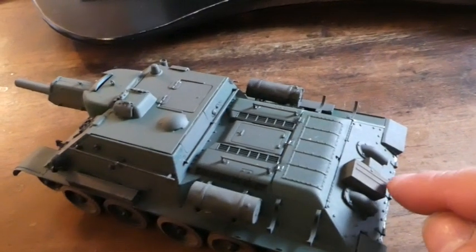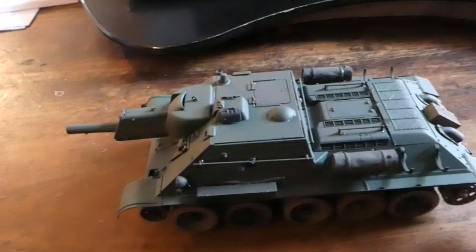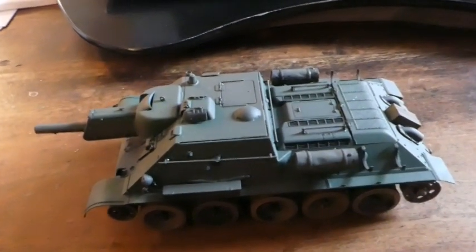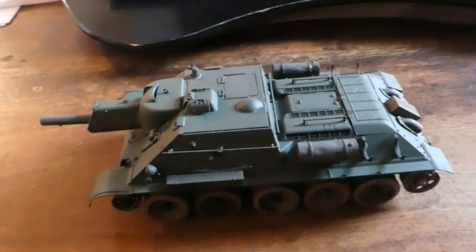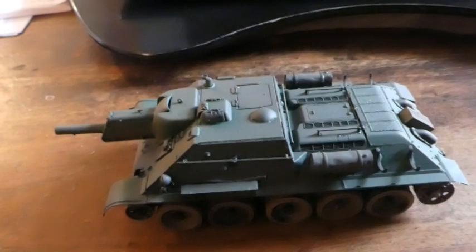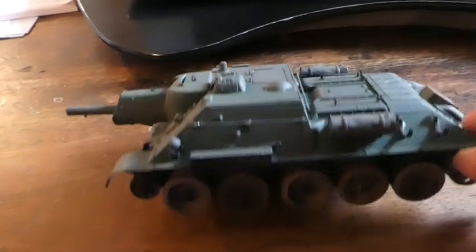I just started putting them on when I realised I shouldn't do that yet, because I want to have this one very muddy, very weathered and worn, and with a winter camouflage and all of that. So this is the point where I need to put the winter camouflage and the weathering on. So I moved on slightly,